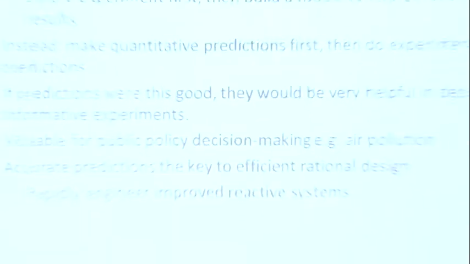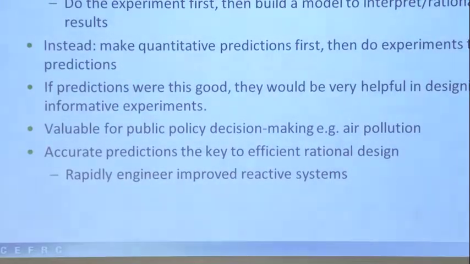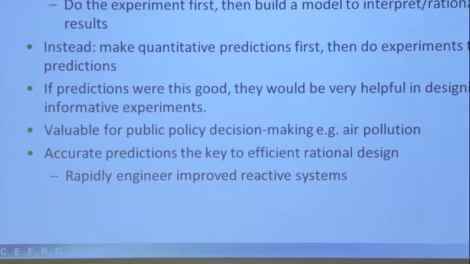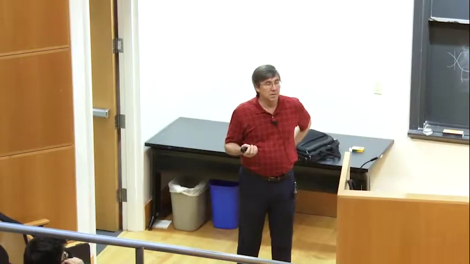And also, already, these models are used for public policy decision making. So most of the regulations and laws and treaties about atmospheric pollution are all based on atmospheric chemistry models. And people treat the models as true, and they use those to actually define what the regulations are going to be. And so that's a very important case because you really can't afford to do experiments on the atmosphere